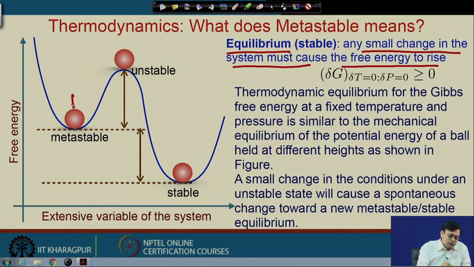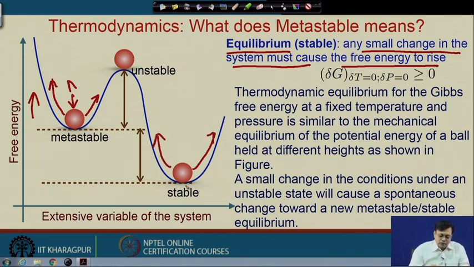Let us say here also, if you consider position A, here if we want to increase the position of the ball in any of the directions, then the free energy will rise. The same condition is also valid here. So, you can have a look, if I try to push the ball up, then the free energy will rise. However, this is a saddle point configuration where the system may go either of these two ways.